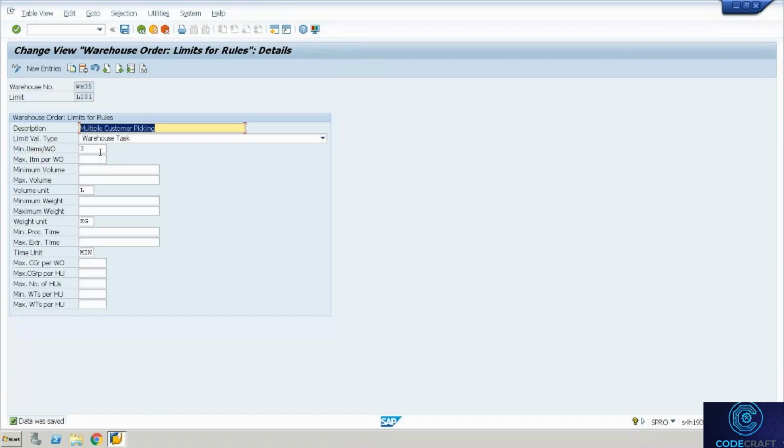Okay, I can also give what the volume and the weight of the order are. So let's say there are 10 tasks. Here it will create 3 or 4 orders, 3 of 3 each and 1 of 1. In case of 10 tasks getting created, the system will create 4 orders, because I'm giving the maximum number of items per order. I'll say 3. Okay,